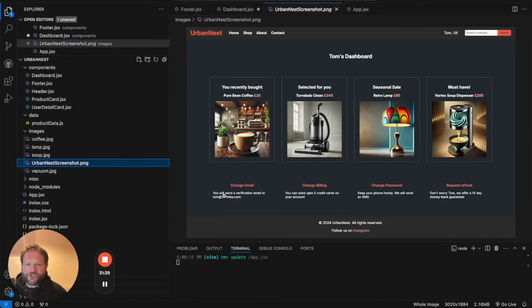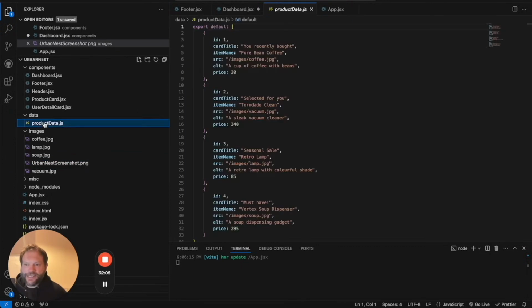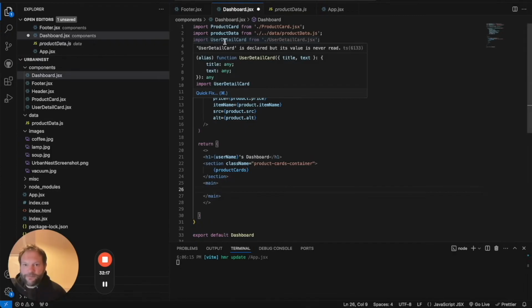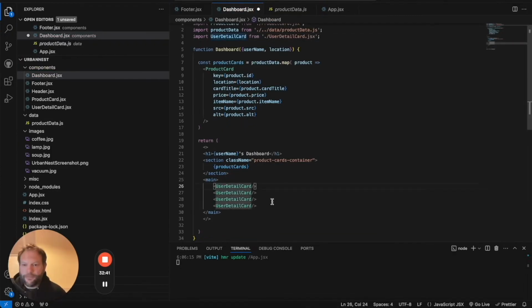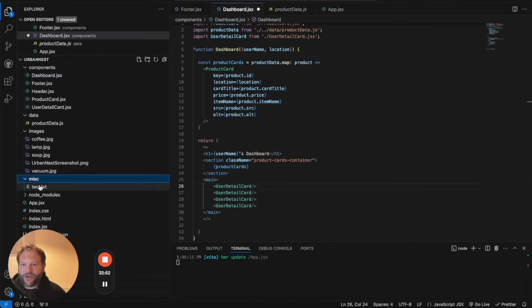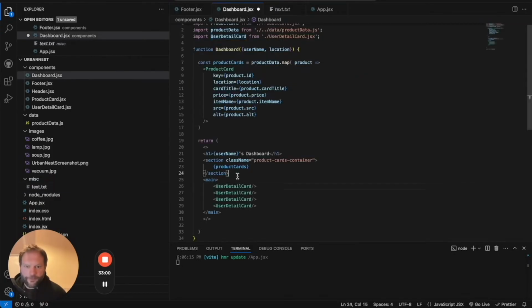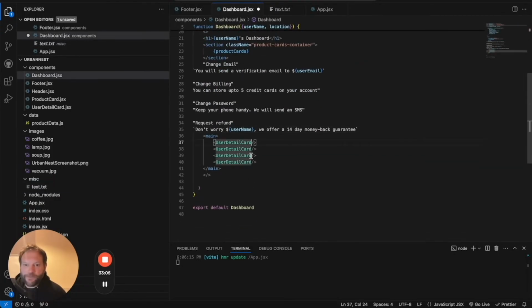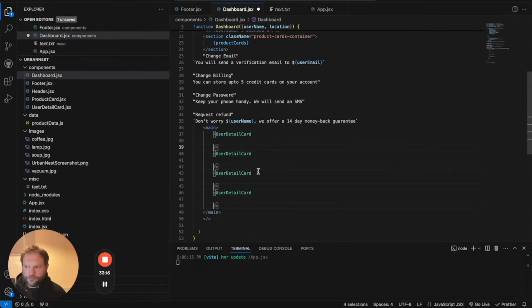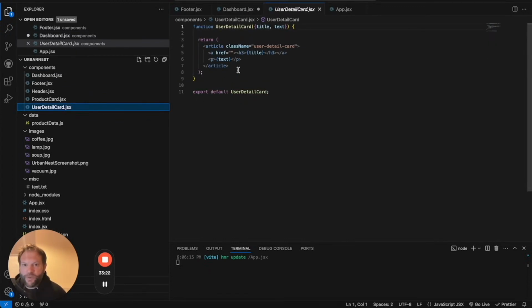And things do get a little bit strange here because we've got the email address and we've got the username. So I haven't given us a data file like we've got here to map over. I don't think it's realistic that that information would be coming down from some API or something like that. So instead, we're just going to render this one out 4 times. Just to save you watching me do loads of typing, I've actually got a text file right here with everything that we need. So I'm just going to copy that over and I'll just pass those in as props. And if we just check that component, we can see that each one is expecting title and text.